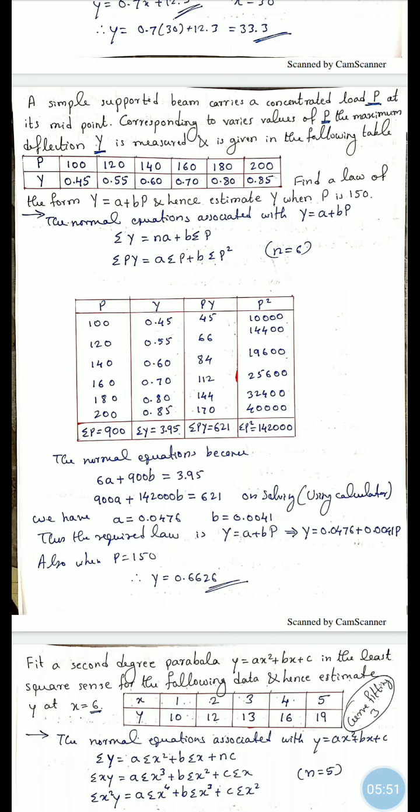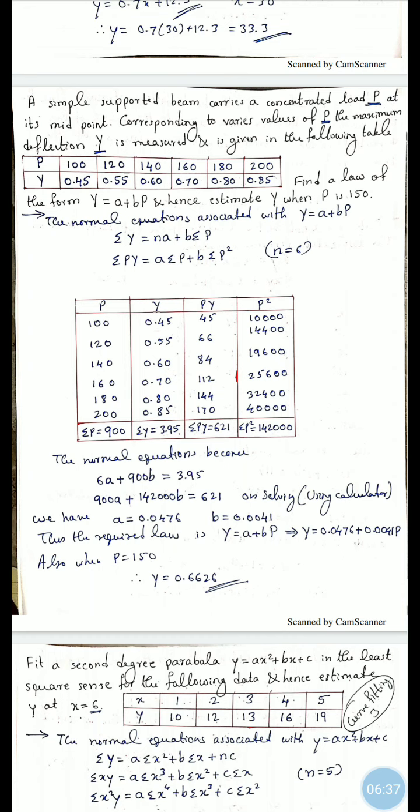P is given, y is given, so prepare Py and P square for the normal equation. P column contains 100, 120, 140, 160, 180, 200. Y column contains 0.45, 0.55, 0.60, 0.70, 0.80, 0.85. So Py column contains 45, 66, 84, 112, 144, 170. P square contains 10,000, 14,400, 19,600, 25,600, 32,400, 40,000. Therefore summation of P is equal to 900, summation of y equal to 395, summation of Py equal to 621, summation of P square is equal to